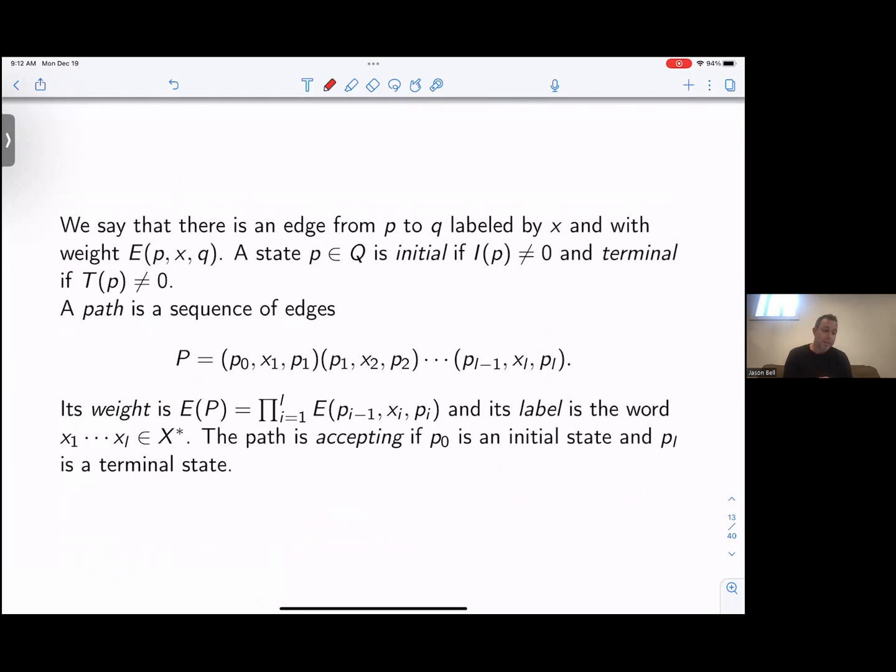So like we said, there's an edge with weight EP, and we want this weight to be non-zero. The state is called an initial state if I of P is non-zero, and it's a terminal state if T of P is non-zero. And then what's a path? It's just some